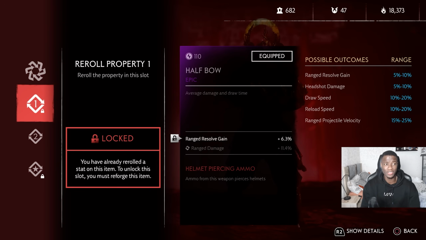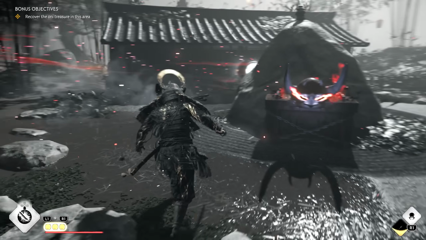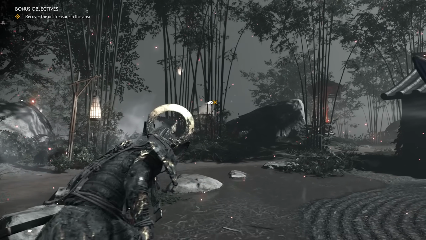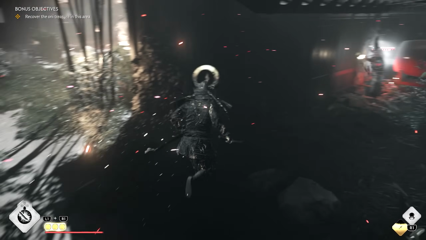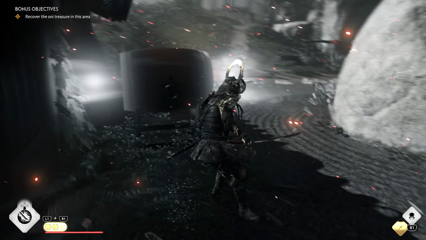Range resolve gain, you want that 100% because you're going to be using your bow very often in a solo run. If you're trying to go against Onis, you want to deplete their health slightly before you go head to head against them, because as soon as you get hit, which I will explain in a minute, because of your charm, as soon as you get hit, you lose 15% damage bonus, okay, which is not good. You don't want to be losing that,